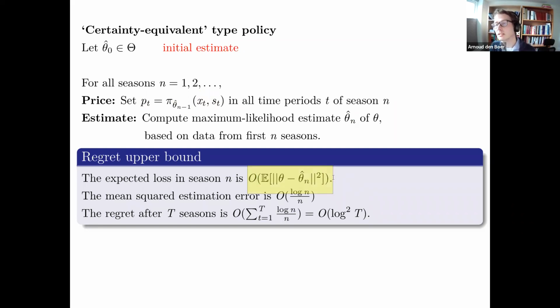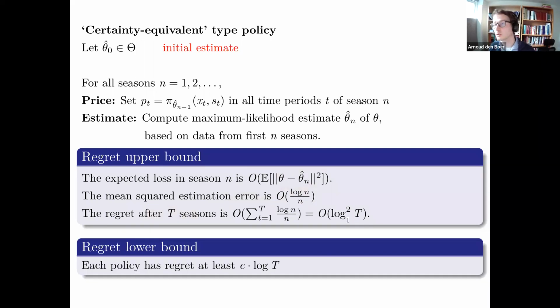So similar to the least squares convergence rates, you can have similar maximum likelihood convergence rates. Now you can show that the expected loss in a season is bounded by the mean square error. You can analyze these by concentration inequalities, and then you can show that the regret after t seasons is of order square root of log t,